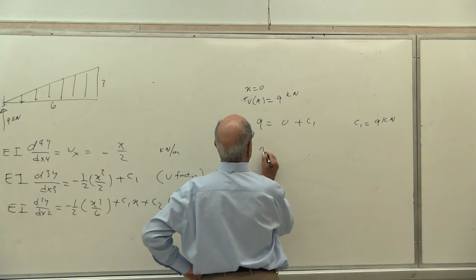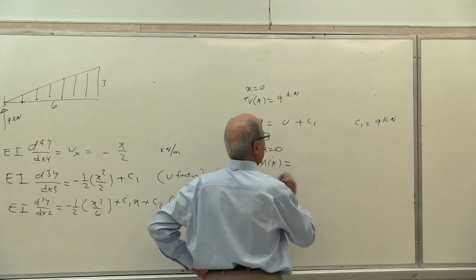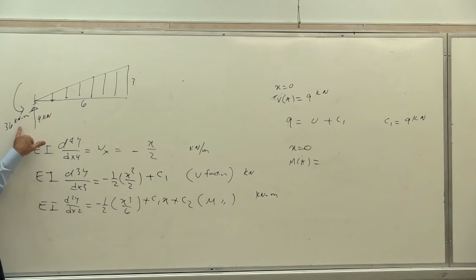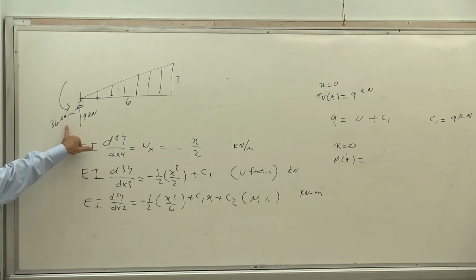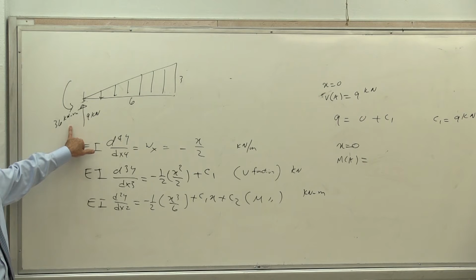Now, at x equal to 0, what is MA equal to? Positive or negative? He is saying negative. Many people are saying positive. Which one is correct? Positive or negative? Negative. If Mr. Nazarian was doing it correctly, so it must be right. Yes or no? Correct. It is negative.